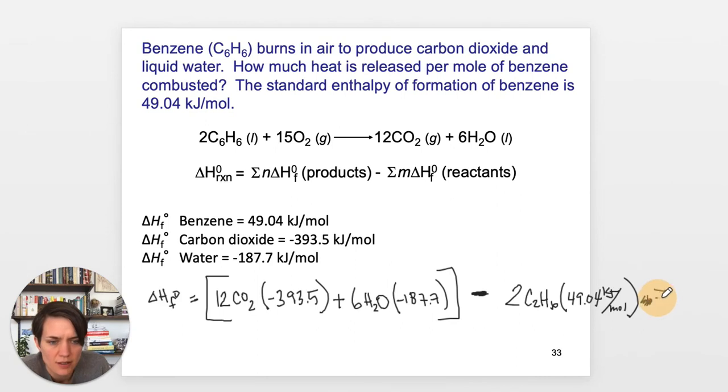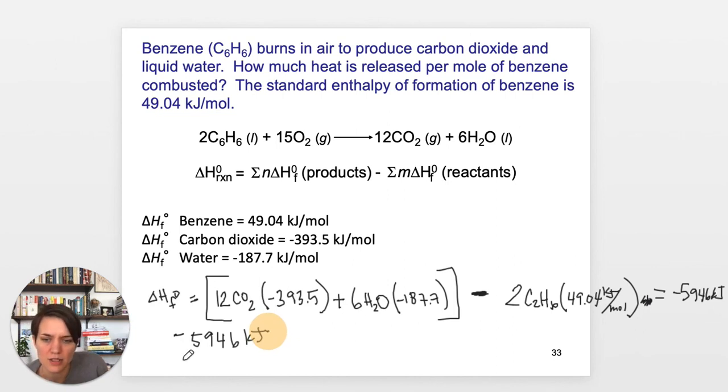Okay, so we can just go ahead and solve that, and we should get negative 5946 kilojoules. So for this reaction, using our delta H information, we know that we get negative 5946 kilojoules. Now that's for this specific reaction, and we are asked how much heat is released per mole of benzene. So now we have this one additional step, because remember that this value is specific to the ratios that are given in our